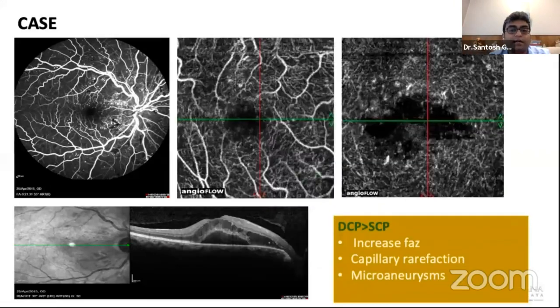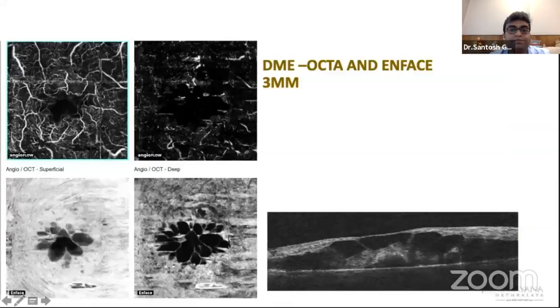Another case wherein we can see this in the SCP as well as the DCP. And if you look at the morphological pattern of the macular edema, there's subretinal fluid, intraretinal fluid. So obviously when the scan passes through the superficial plexus, it can pass through the layers of the retina, but once it comes to the deep capillary plexus, it has to pass through the areas of edema, which gives rise to this kind of a scan. And aneurysms can obviously be seen in some scans wherein it passes through aneurysms.